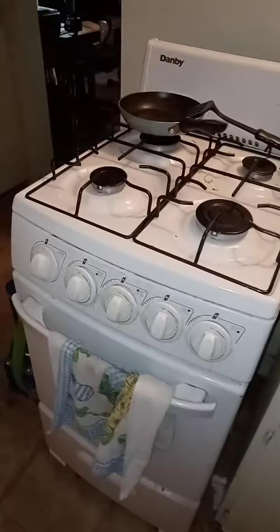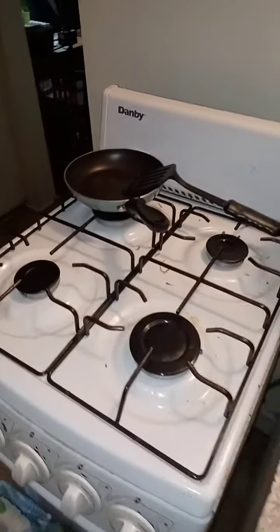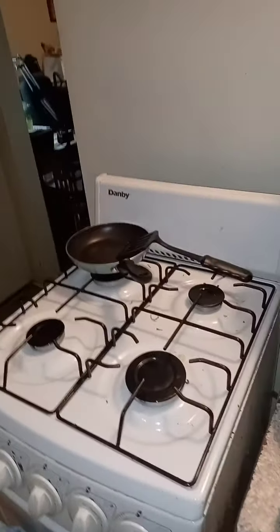So what did I do? I'm working on this. As you can see, a very small stove, and I don't have the room. Very, very small kitchen. Very small. As you can see, it's very small. Okay, so back to the stove. So,